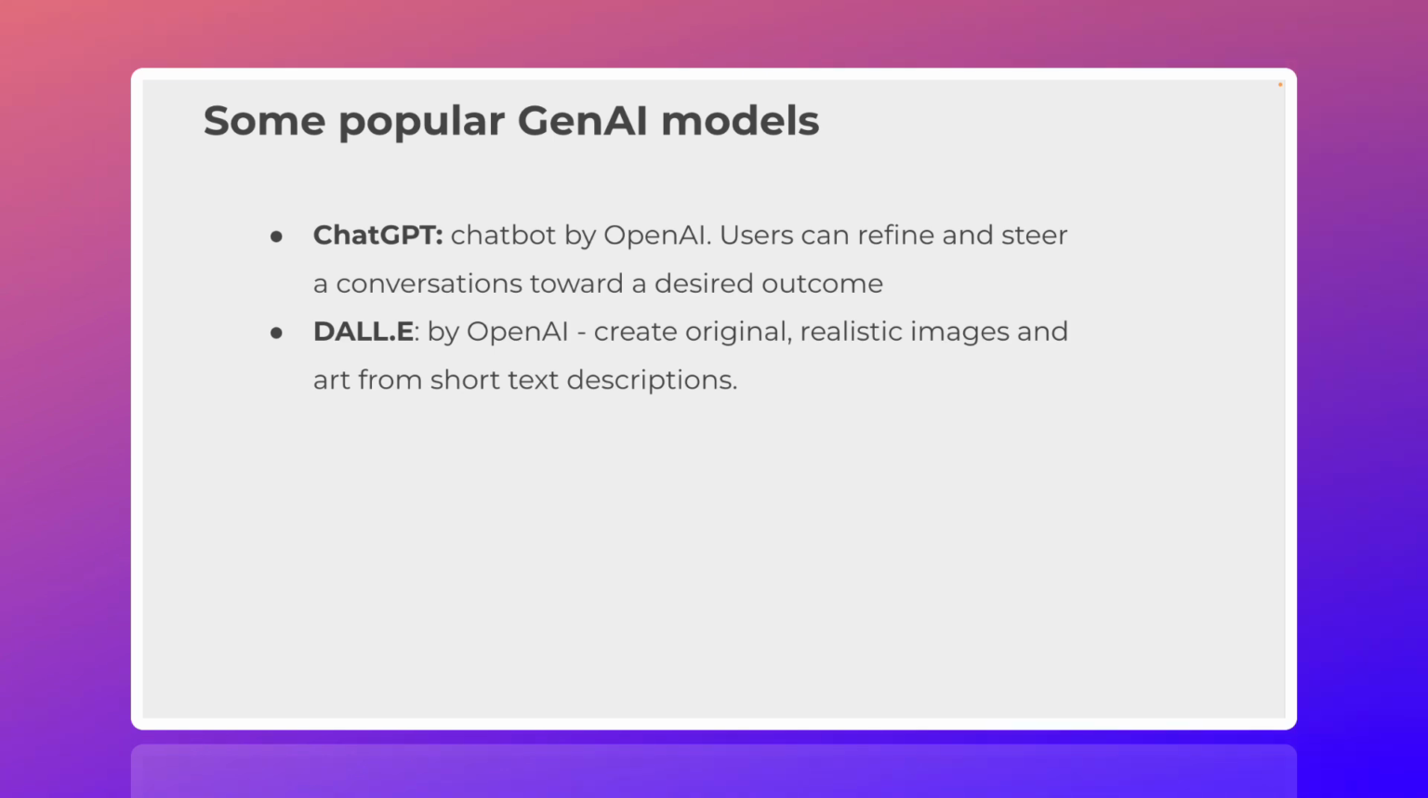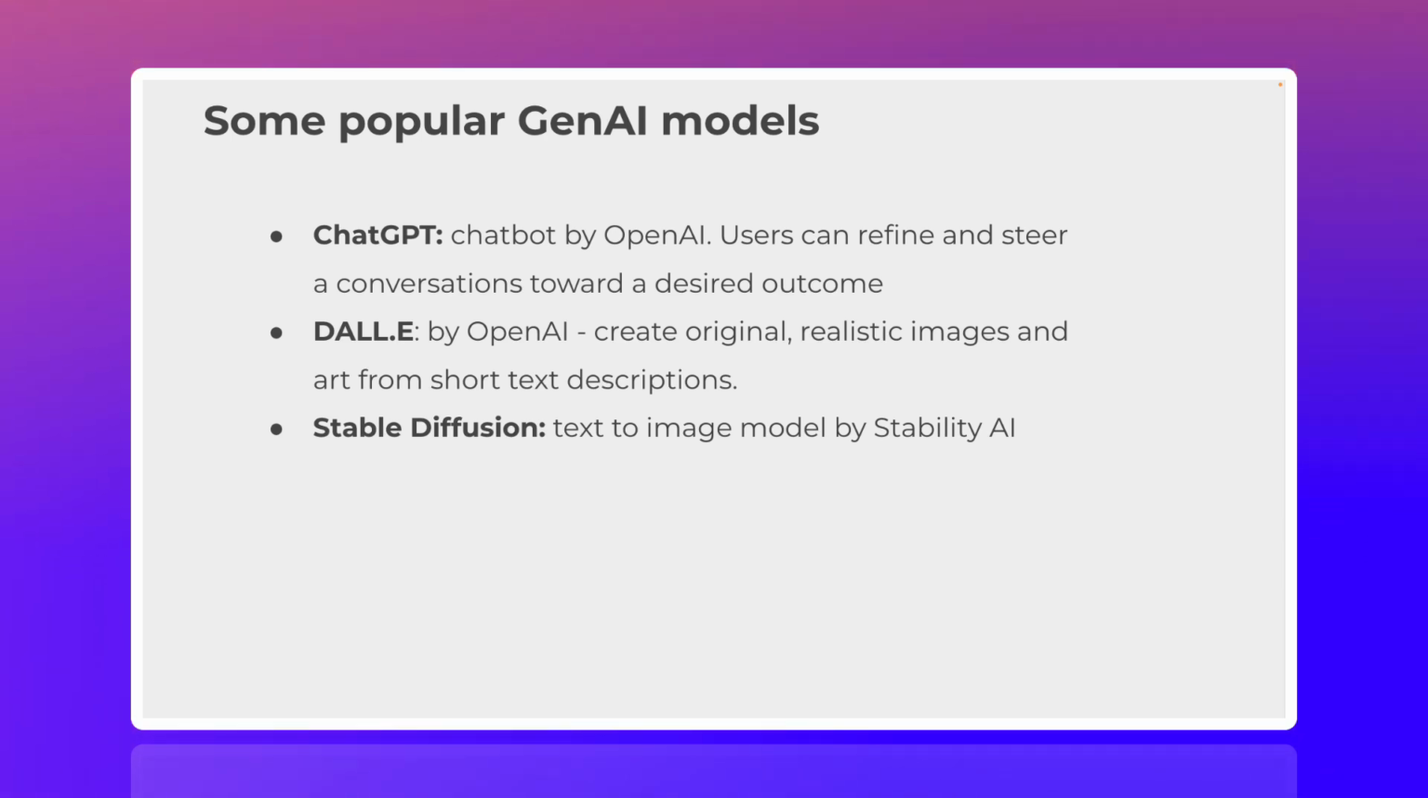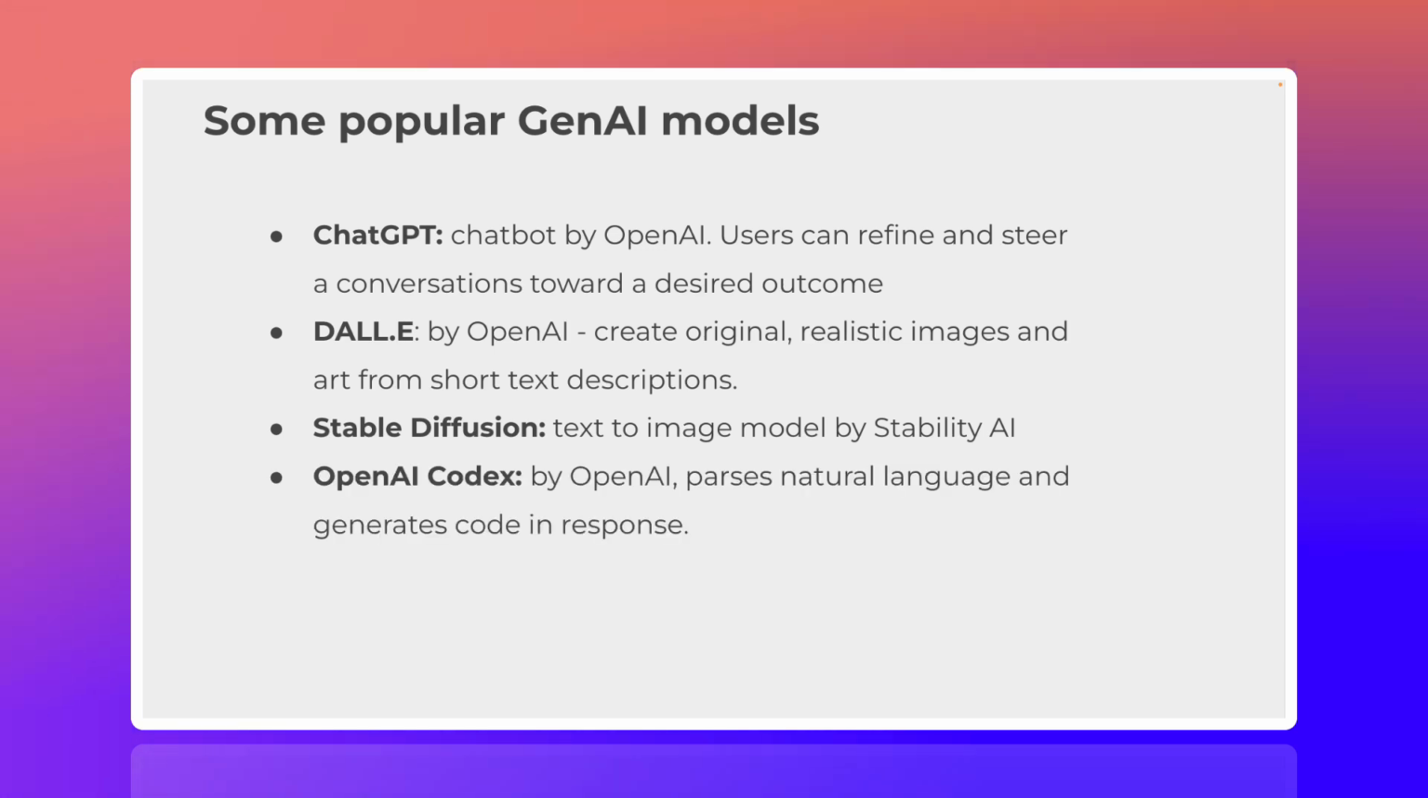We've seen DALL-E, also by OpenAI. So this allows users to create realistic images themselves. These are original images, of course, by passing in a short text description as a prompt. There is also Stable Diffusion. This is what we call a text-to-image model by Stability AI. And of course, OpenAI Codex by OpenAI, which allows, again, users to pass in a prompt in natural language format, which is then parsed to generate code as a response. And of course, there are many, many others out there, but these are some of the most popular GenAI models